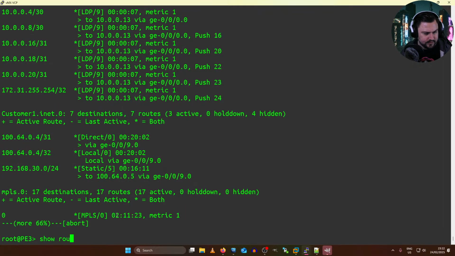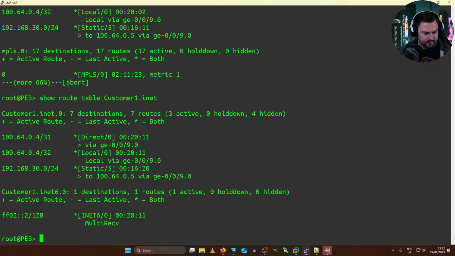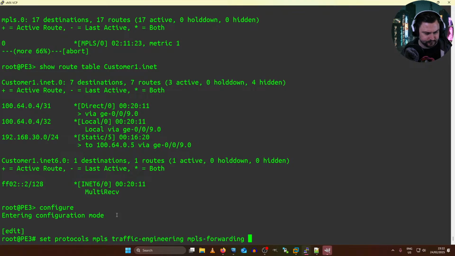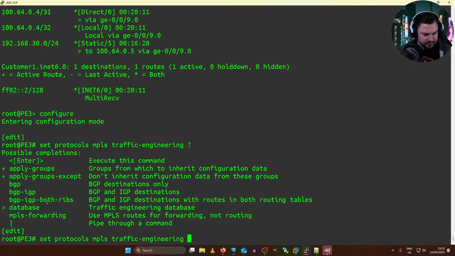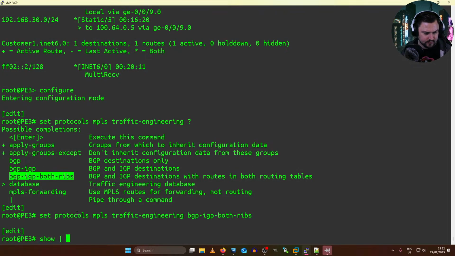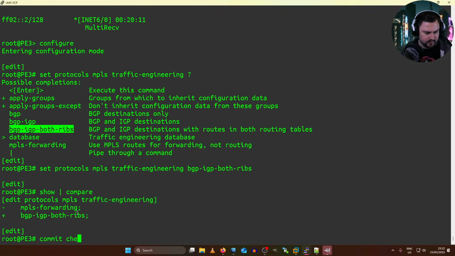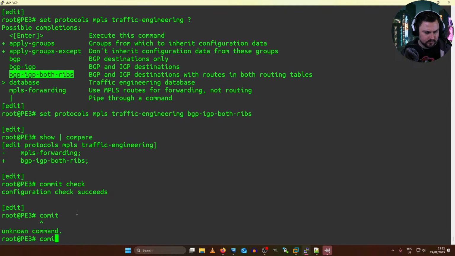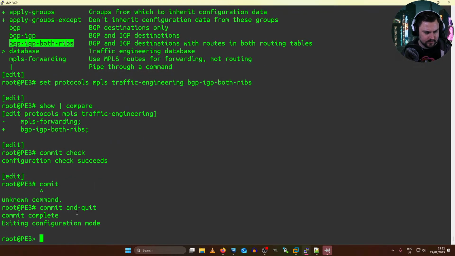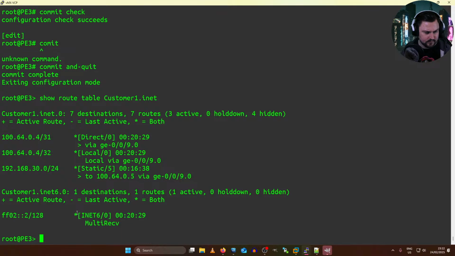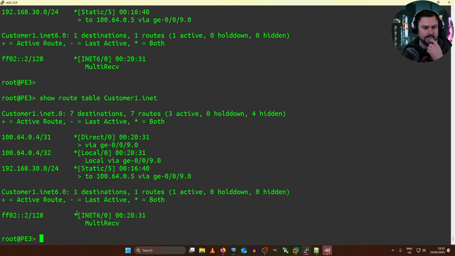No, it's still hidden. Show route table, customer one. What was the other option? This. Show there. Quit. Could also have something to do with my next hop self.